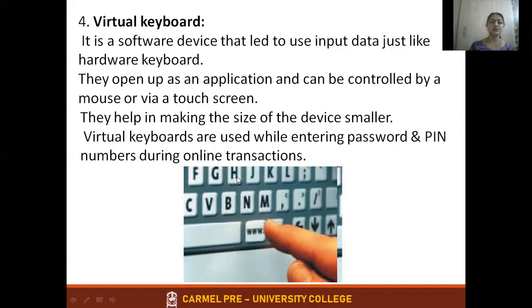Now most of you use a smartphone. Many of you are watching this video through a smartphone, isn't it? There, if you start typing anything, either in WhatsApp or any other app, if you click on the keyboard icon, then this virtual keyboard pops up. That is nothing but the virtual keyboard. Otherwise, on the screen of your smartphone, you don't have a keyboard layout, isn't it?